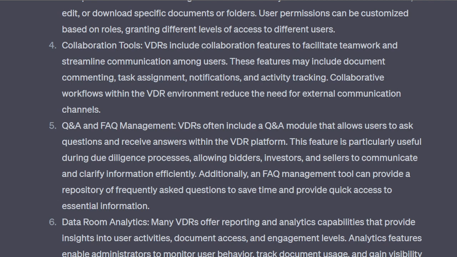Q&A and FAQ management. VDRs often include a Q&A module that allows users to ask questions and receive answers within the platform. This feature is particularly useful during